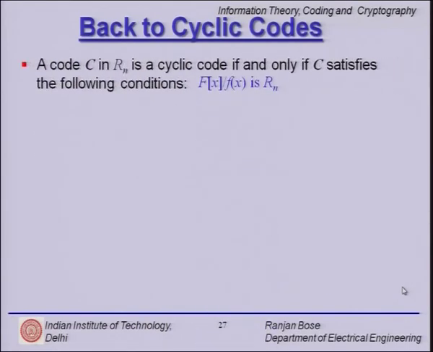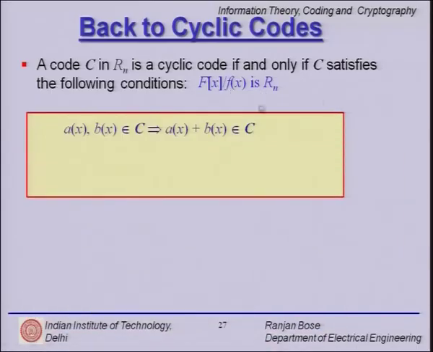So, now we are back to cyclic codes. A code C in Rn, where Rn means we will take modulo x^n minus 1, is a cyclic code if and only if C satisfies the following condition: f(x) divided by small f(x) is in Rn. So,